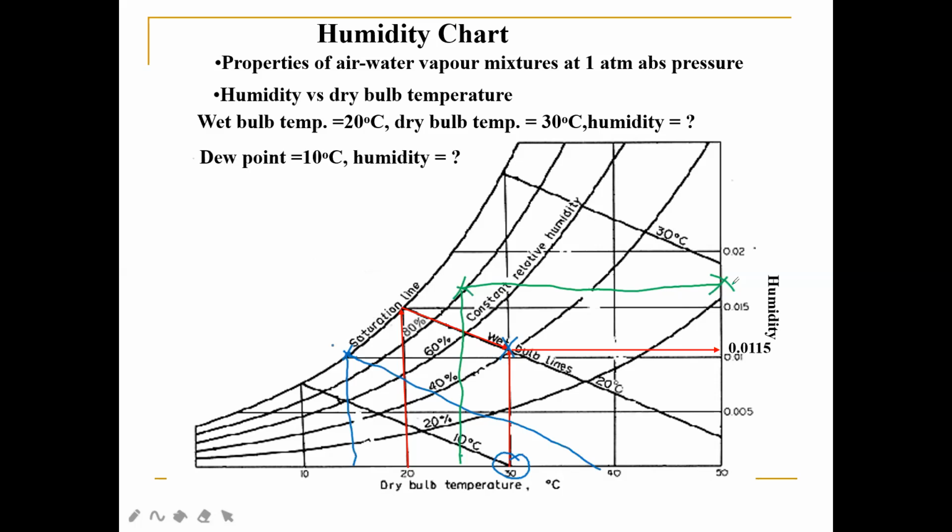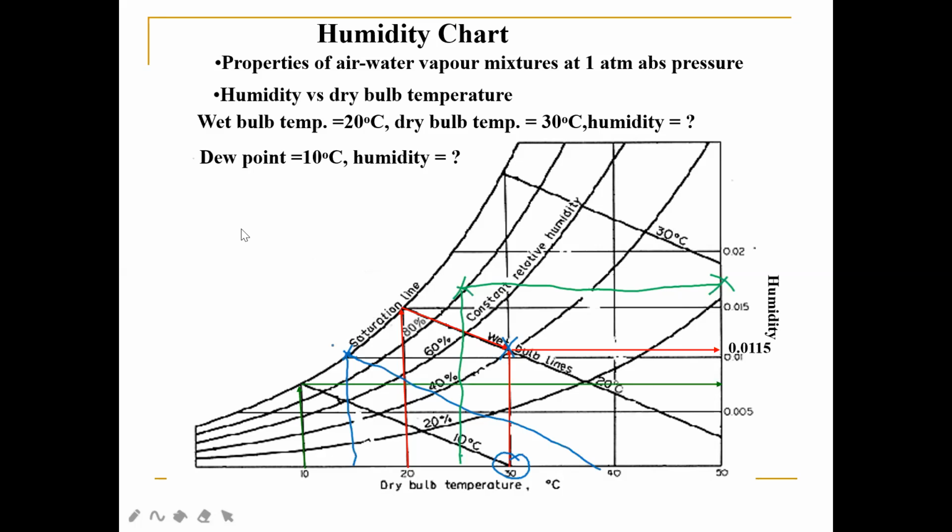Okay, the other method to calculate humidity is when you're given only the dew point. So in the next example, you're given a dew point of 10 degrees Celsius. So what do you have to do? You have to draw the vertical line here from 10 degrees Celsius, and because it's a dew point,